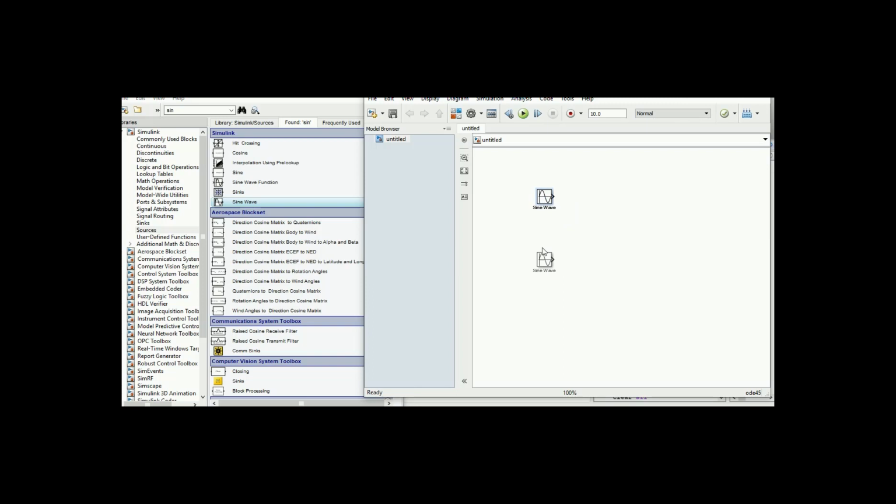Now two sine wave blocks are taken for the sin square x, and two more sine wave blocks we take to convert to cos wave, because there is no cos wave block in the Simulink library. So by changing the phase in the sine wave we can get a cos wave block. Now we will change the parameters of the sine wave blocks and the cos wave blocks.